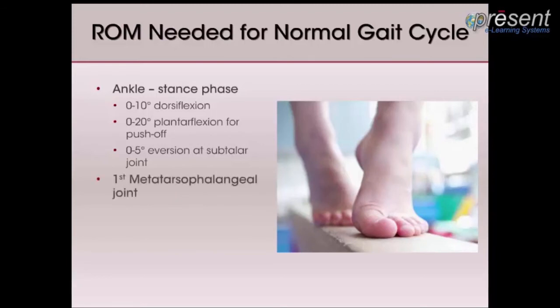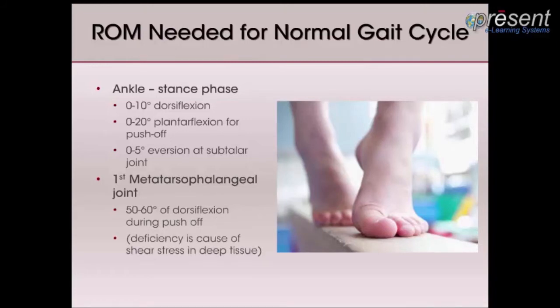At the MP joint, 50 to 60 degrees of dorsiflexion is needed for push-off, and this is the range that's lost with a lot of foot surgeries, for instance bunionectomies and toe realignment. And deficiency here is the cause of shear stress in the deep tissue that results in an ulcer at the plantar first metatarsal phalangeal joint. At the IP